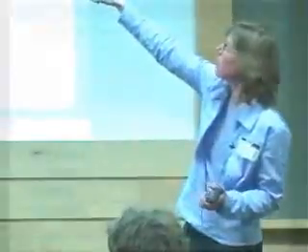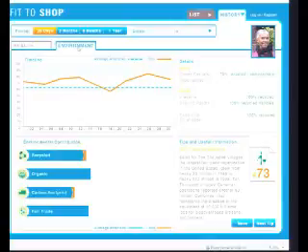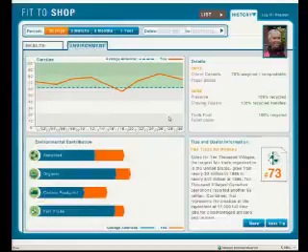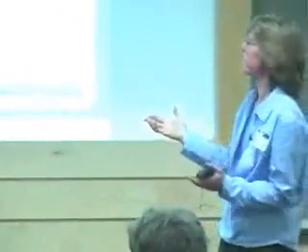Okay, if she goes to the Environment tab, she sees a similar display. Again, she can get a sense of how she's doing. I didn't point out before that she can also see where the average American is, so she can see how she's doing compared to the average American. And again, she has some details here. In this case, for example, this first one is telling her when she buys paper products, what percentage of those products have recycled content. And again, this is her, and this is the average American. She can see that she's doing better than the average American. And she can also actually get details. She can see exactly what she purchased.